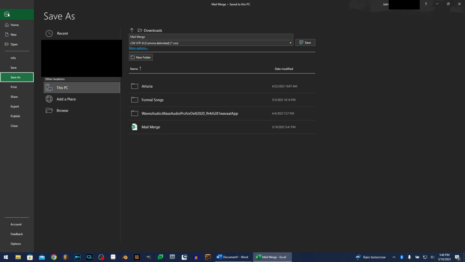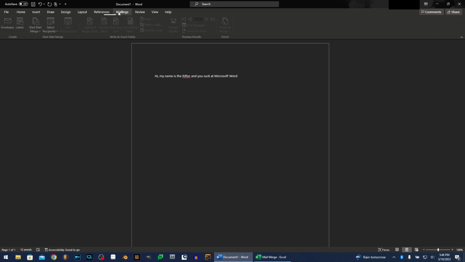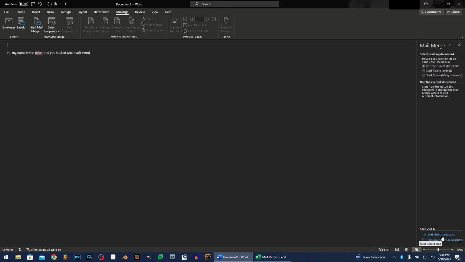So once you save it, you will go back over to Word, and there is a thing called mailings. My favorite way to do this is start mail merge and step by step. It's so easy to do that, but you'll do email messages, just next, and well, if you've got a different document you want to send as an email, that's fine. You can do it from a template, you can do it from an existing Word document, but I'm going to use this document here. Next,